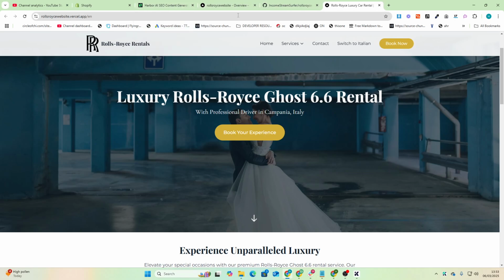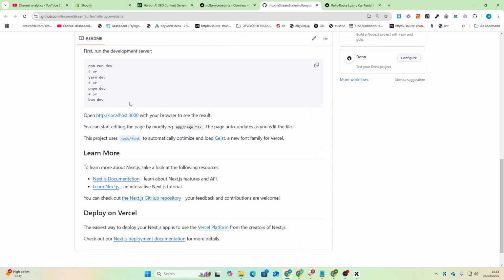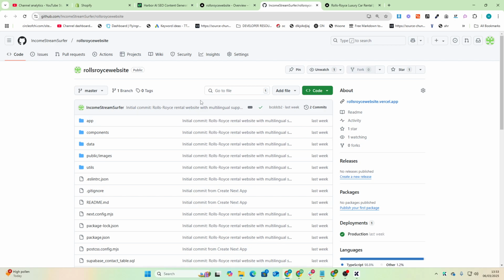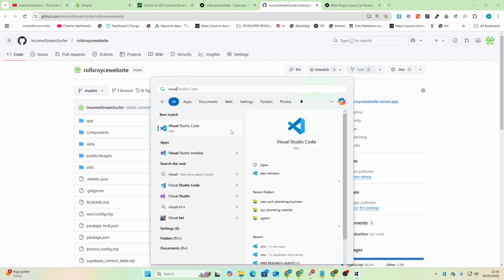So you will need it to be on GitHub. If it's not on GitHub, you will need it on GitHub. Trust me, you don't want to go down any other path. It's not worth it. GitHub is the way to do it. So you just click code here, copy to clipboard, and then I'm going to hop on over to Visual Studio